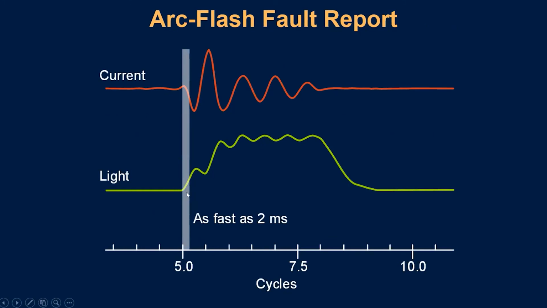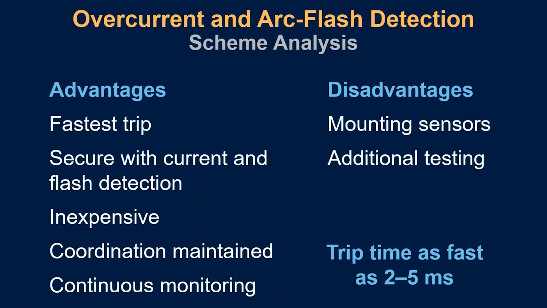We can get by with 1 to 2 milliseconds worth of information, and that leads to trip times on the order of 2 to 5 milliseconds. So we've gone from a relay taking maybe 100 to 500 milliseconds to time out on a 51 inverse time overcurrent curve, down to almost instantaneous at 50 milliseconds, down to an instantaneous filtered overcurrent element at 24 milliseconds, now